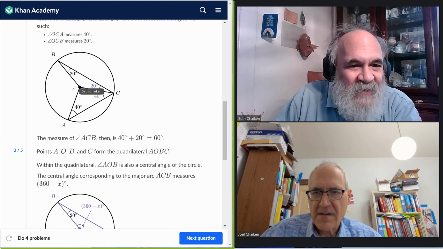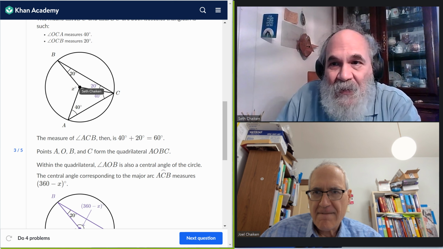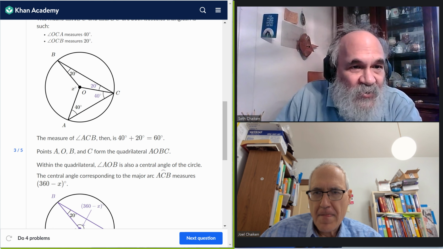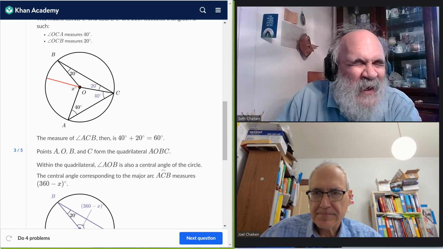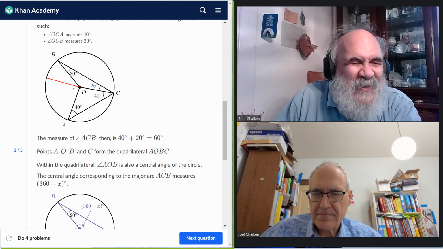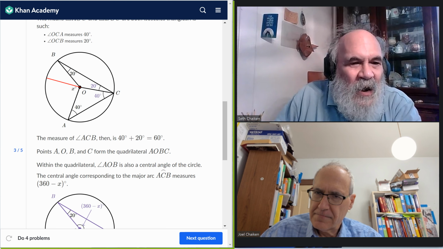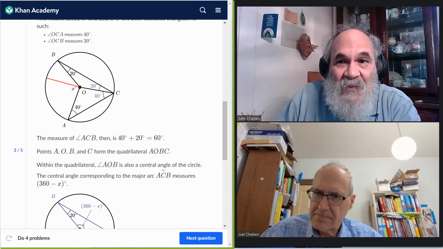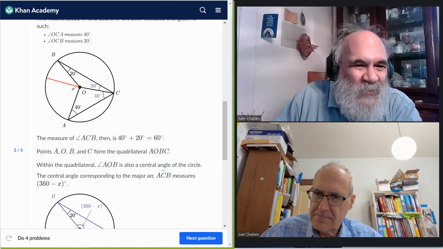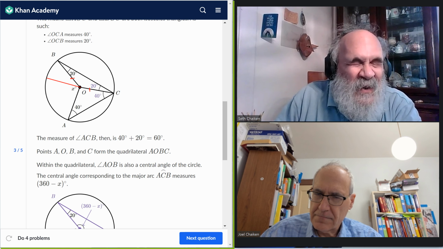I'm going to draw a radii. This radius. So what happens with this approach is that we have an isosceles triangle. Therefore,